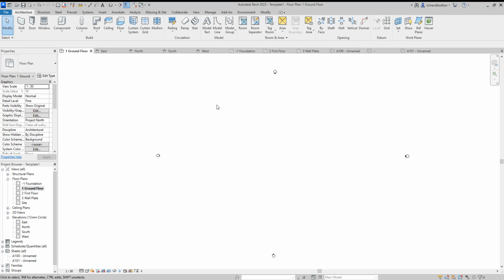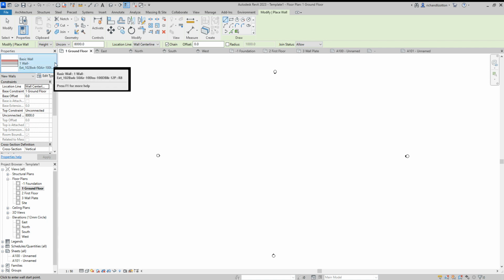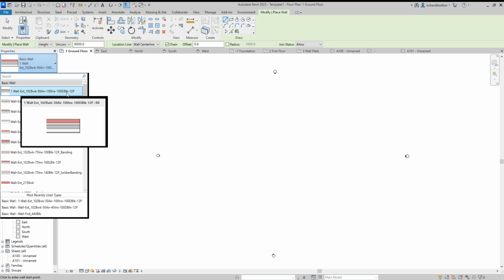Now, the next little thing that's well worth considering on your template file is the construction of walls, roof, ceilings, floors, these common elements which you use in every drawing. So let's just give you an example here on the wall command. So what I've actually done here is created a wall construction that is one I would perhaps typically use on